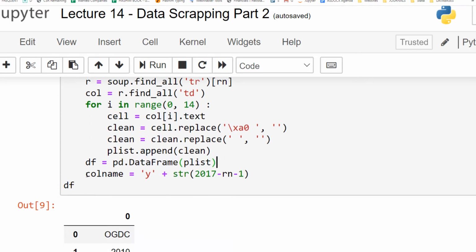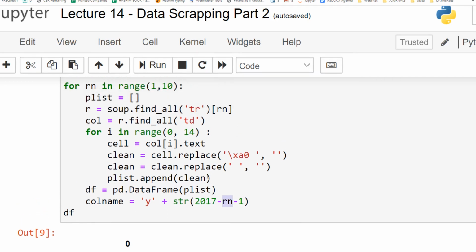And to the pandas data frame, we also create the column name. So this specific part of the code says that the column name will be equal to string y plus 2017 is a number, rn is a number, minus 1 is a number.